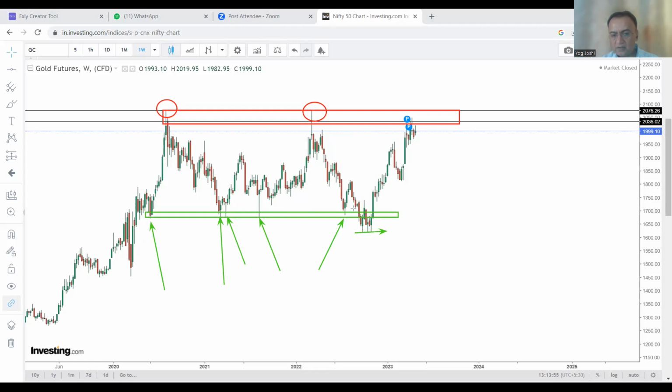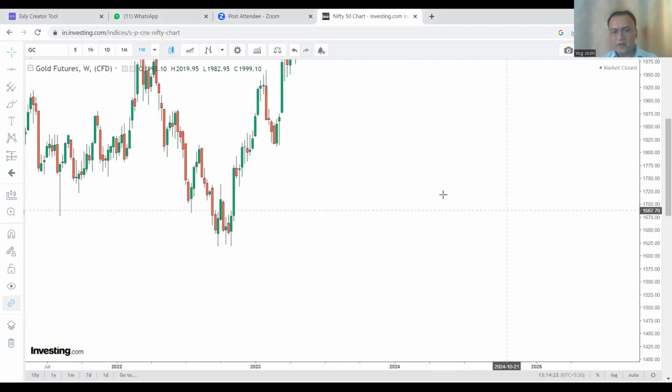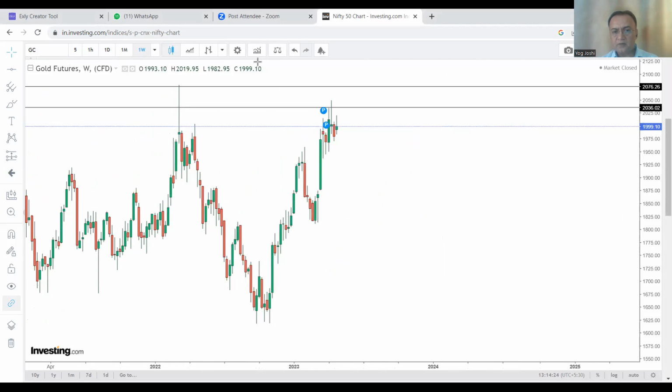Gold clearly indicates sideways, and a breakout of the sideways with a very bullish candle is the starting of a new trend. So currently gold is in clear cut sideways here. Gold is confused currently about whether it goes upside or downside. So we are supposed to wait for a breakout of this entire channel, a breakout of this supply zone. Currently it is in the supply zone, distribution phase.